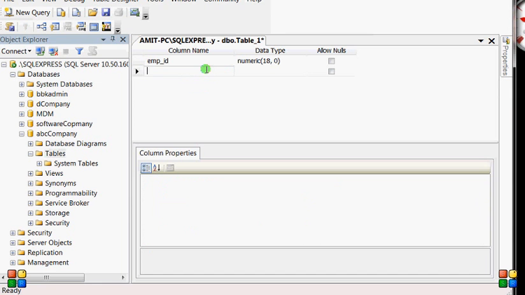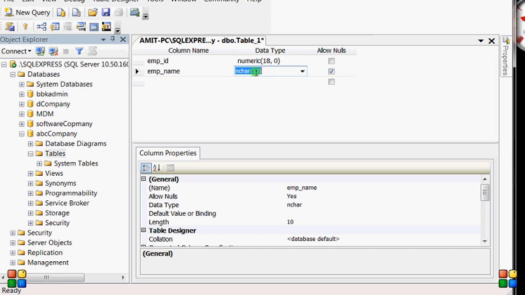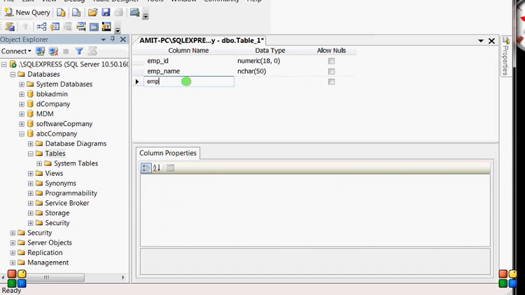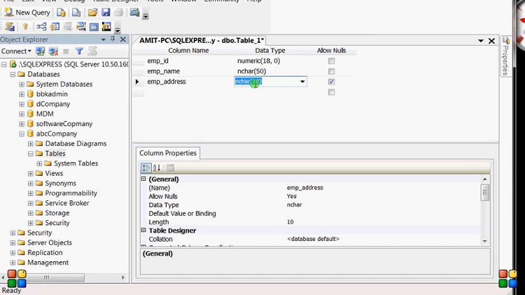Now employee name, varchar, not null. Employee address, should be 100.